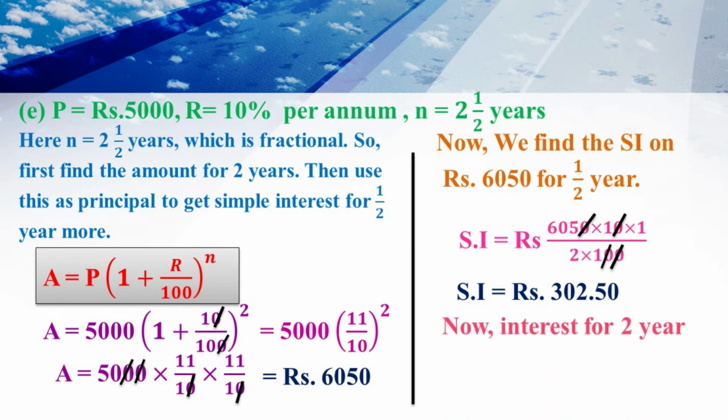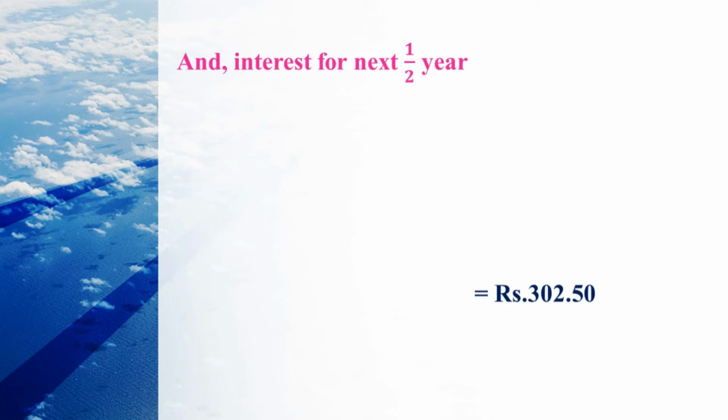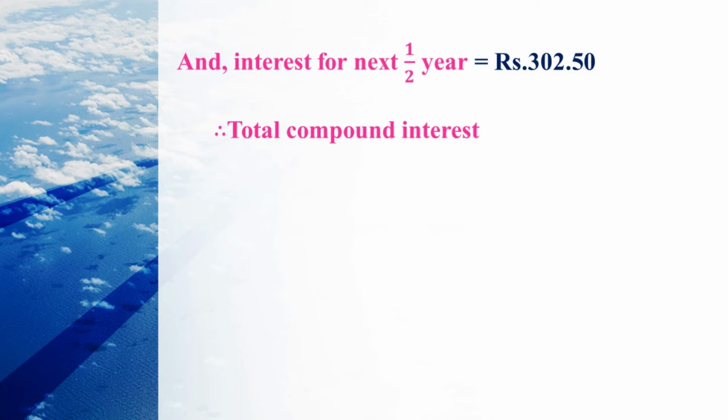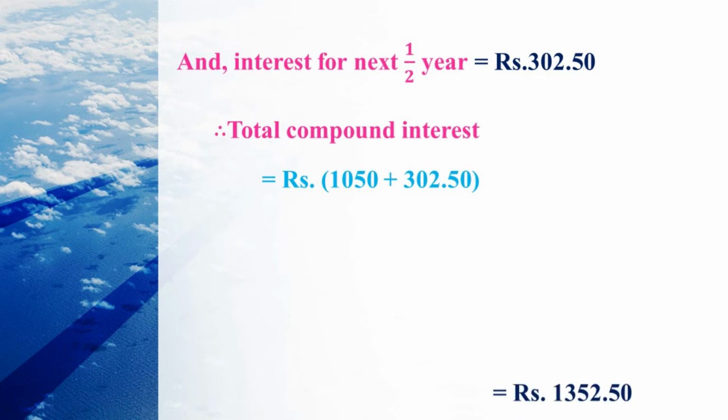302.50. Now interest for 2 years, rupees 6,050 minus 5,000 is equal to rupees 1,050. And interest for next half year is 302.50 rupees. Therefore, total compound interest is rupees 1,050 plus 302.50, which is equal to rupees